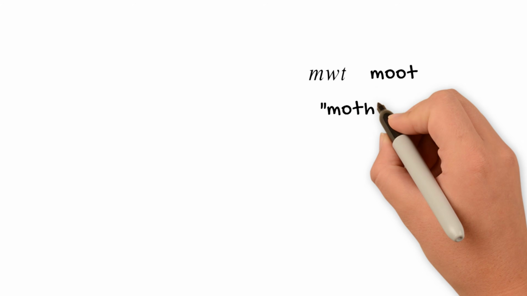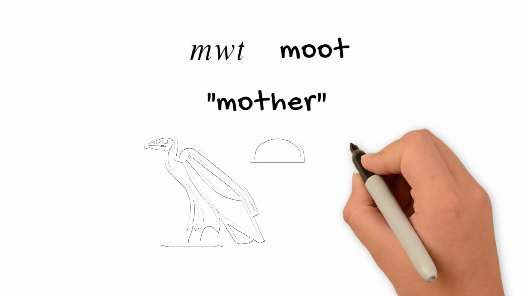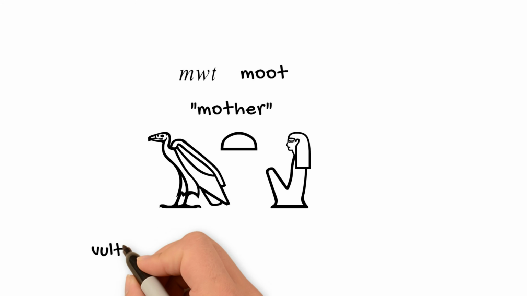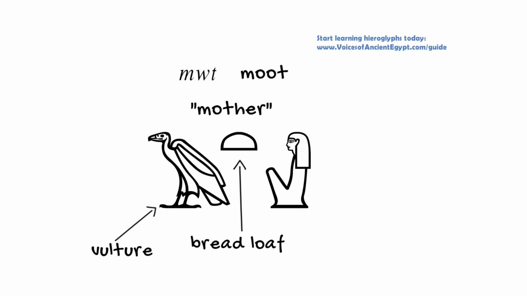Like in many other languages, the sounds M and T were in the root of the word for mother in ancient Egyptian too. The word for mother in ancient Egyptian was mut, and it's written with this vulture sign and a complementary T bread loaf. This is a super useful word to know because mothers appear so frequently on monuments, like tomb chapel